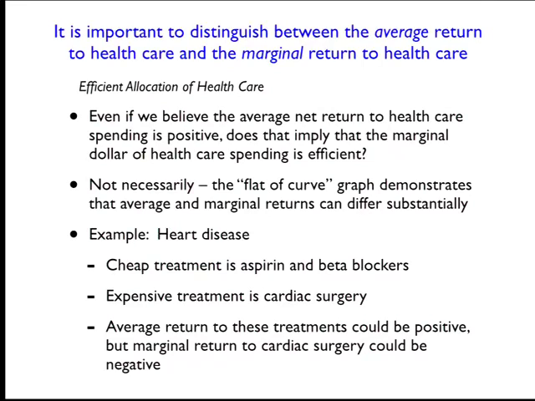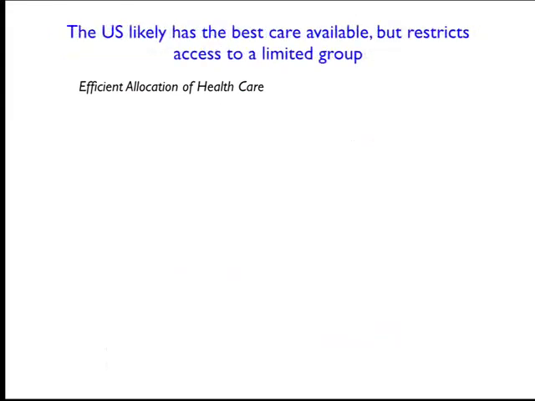That's not to say that you never want to do cardiac surgery, but it certainly could be the case that for the people who are on the margin of doing surgery or not, there might actually be a negative return. It might make them worse off. But certainly when you think about the costs involved, it could well be that the benefits are much less than the costs. So this would be a case where we're quite confident that the average return of these treatments is positive, but on the margin you might actually have a negative return. So we spend a lot of money, and it doesn't necessarily seem like we get a lot more.